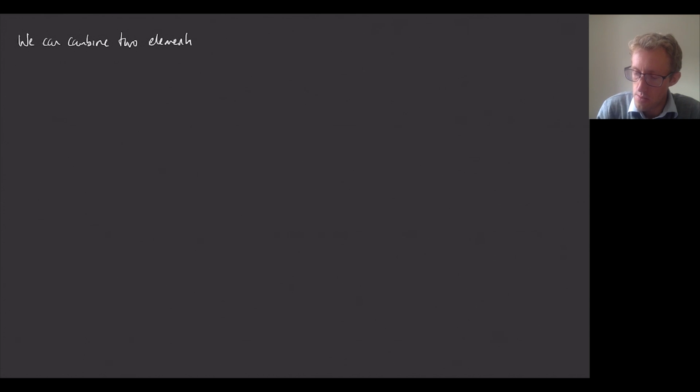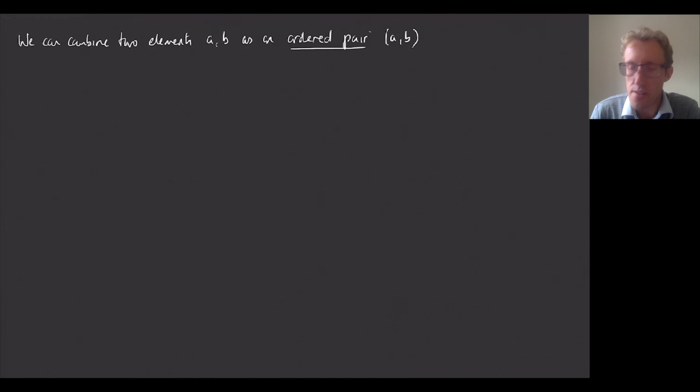The next thing I want to do is to talk about how we can combine sets. So we can combine 2 elements, which I'll call a and b, as an ordered pair, which we write (a, b). So the point about an ordered pair is that the order matters.